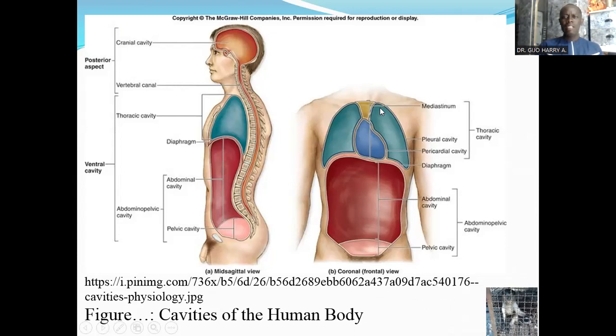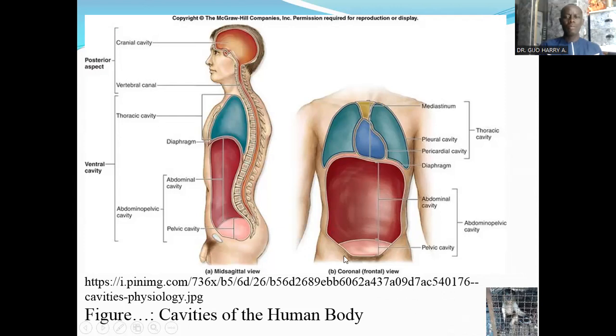Now, the coelom is divided into two major parts. We have the thoracic cavity, here at the region around the chest, and we have the abdominopelvic cavity, which is divided into the abdominal cavity and the pelvic cavity. The thoracic cavity is divided into the pleural cavity and the mediastinal cavity in humans. There's also another cavity which accommodates the brain, called the cranial cavity. We also have the vertebral cavity, which accommodates the